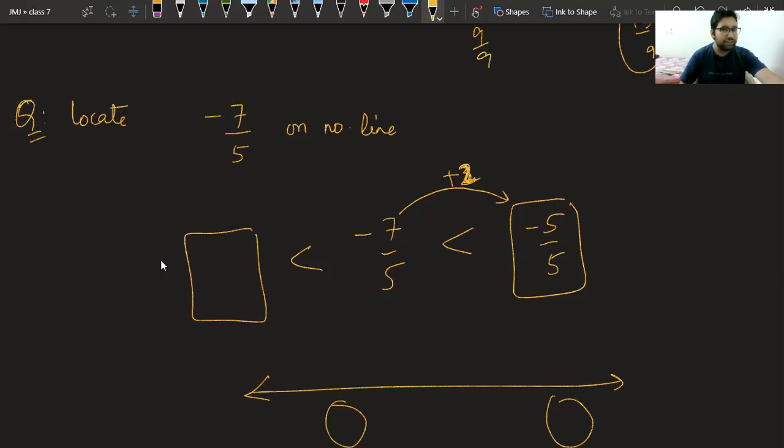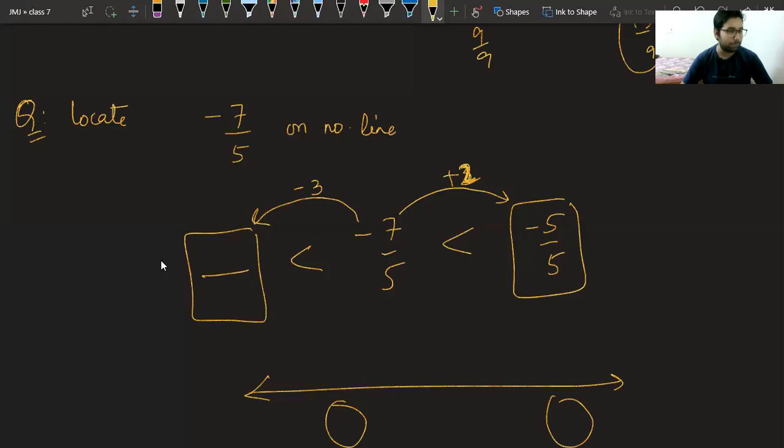Now, we will subtract something from minus 7 so that we get the lower number. And that is minus 3. Yes, that is minus 3. Don't get confused. It is very simple. When we go to the left, we subtract. When we go to the right, we add. It was a nice question. Okay. Good, Rachit. Control your emotions. It will be fine.